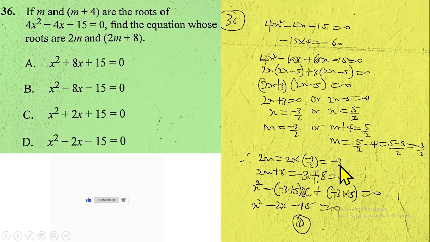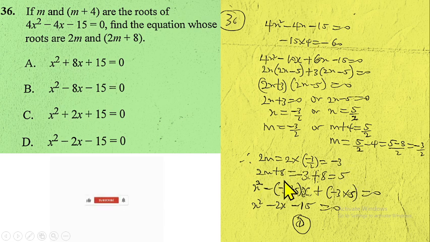This you can do in many ways. You can say your s is equal to minus 3 or your s is equal to 5, then bring them inside brackets and expand the bracket. Or you can use the formula for a quadratic equation given the roots of the quadratic equation, which will be